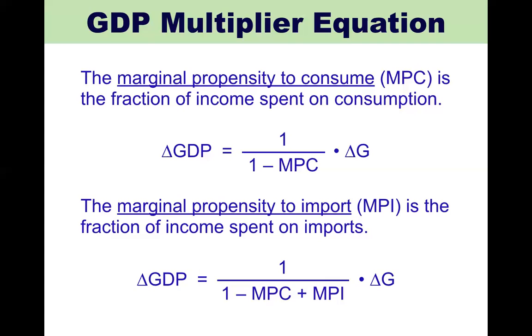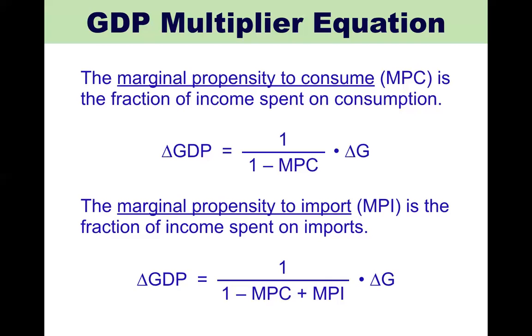So notice the government doesn't have to spend the exact amount that the economy is in a recession. Hey, the economy is currently $10 million below the natural level of output. Well, the government only needs to spend 2.5 million, and they're going to be able to, through the multiplier, bring the economy back to its natural level.